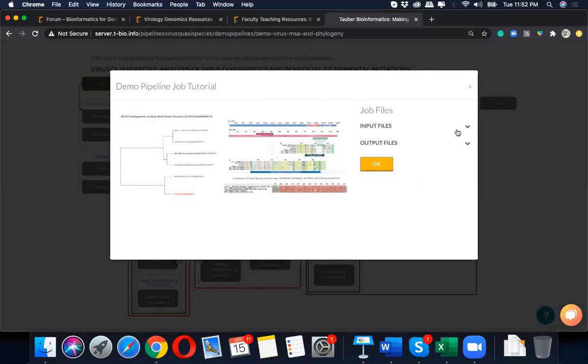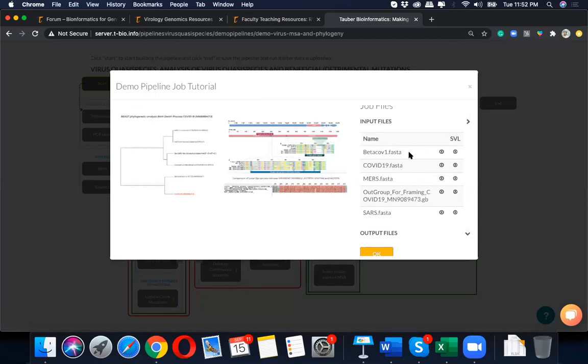So in here, you will find the examples, the FASTA files of these genomes. What is the question that we are addressing? The question that we are addressing is that we are comparing these 4 genomes. So there's a reference genome, and also there is beta coronavirus 1, the COVID-19, MERS, and SARS.